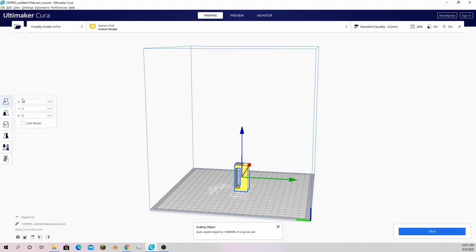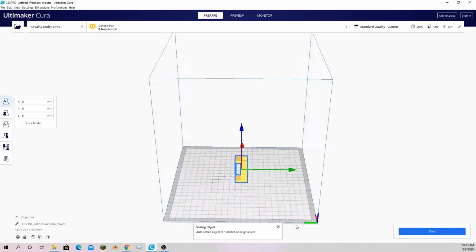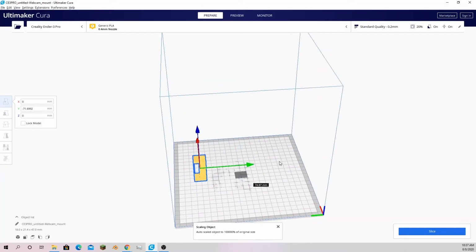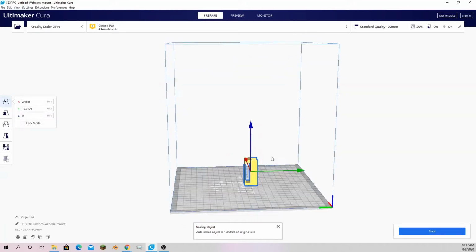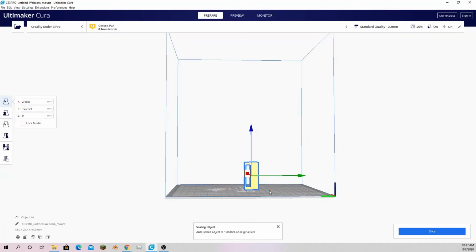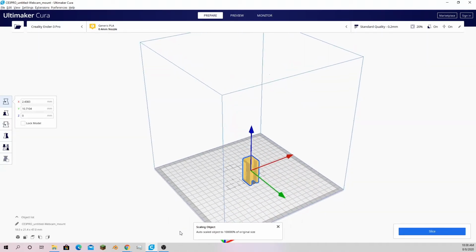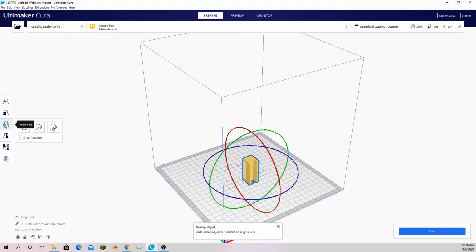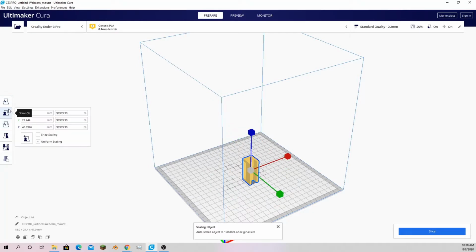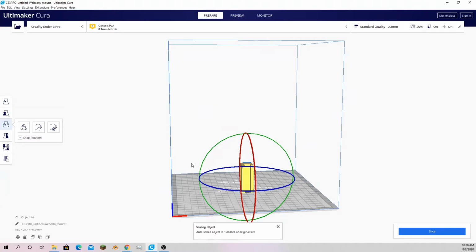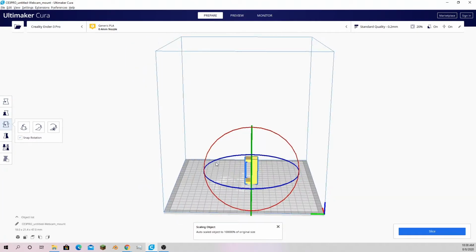And then here you have transformations such as, obviously, moving along any axes. Although I don't recommend moving along the z-axis because you want it stuck to the plate, because otherwise it's just making extra supports that take too much time. And usually the scale you want depends on what you're modeling. Location doesn't always matter, it can sometimes, but one of the things that does matter is the rotation,